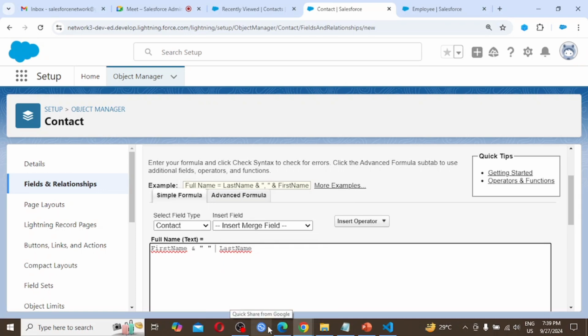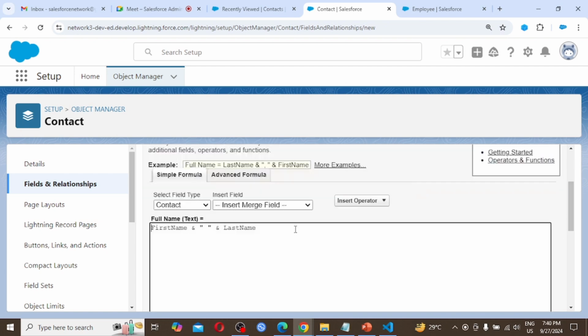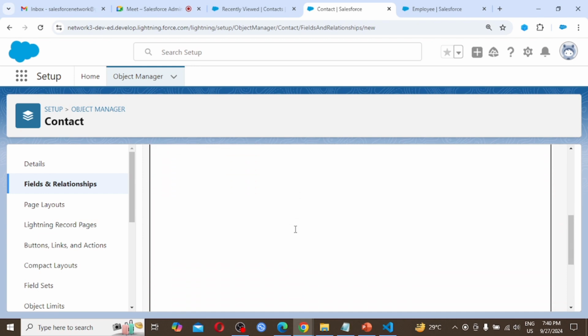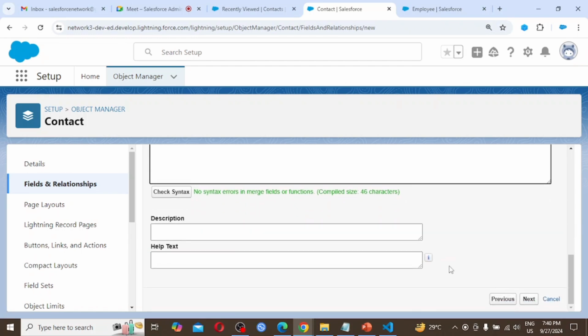So we have to put it like this only. Then again we have to check the syntax. If you save without checking the syntax, you may get an error. So no syntax error; after seeing that, you have to click next.